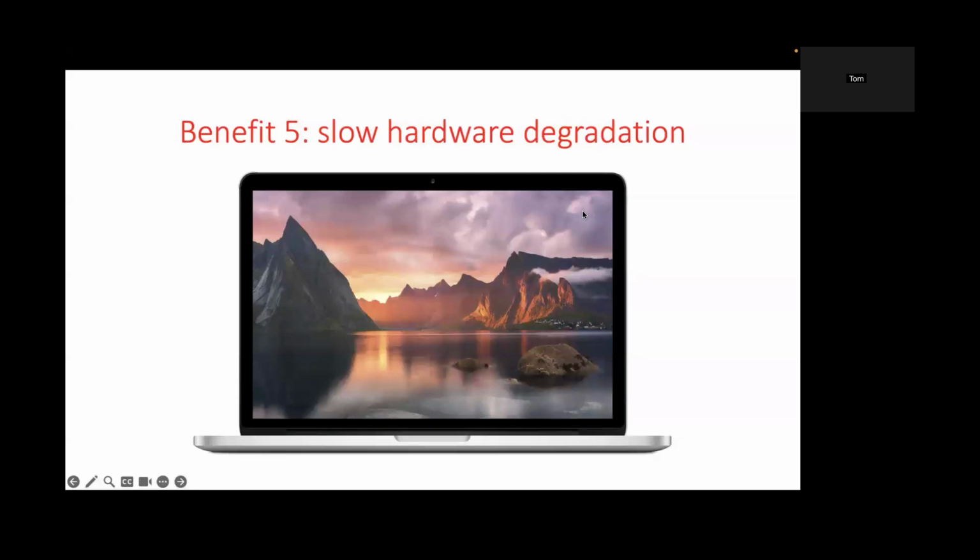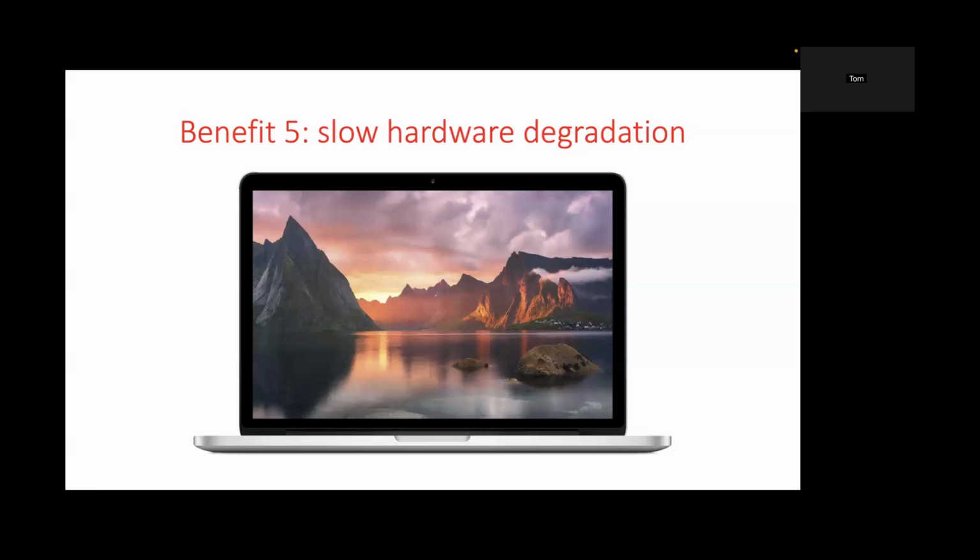The fifth benefit is that you're going to slow the effect of hardware degradation. Now, if you have a room full of computers, then you've spent a lot of money on those computers. They're not cheap. You want them to last as long as possible. You don't want to be replacing them every few years because they slow down. With Deep Freeze, you really diminish the impact of hardware degradation because instead of all those users, like if a computer's got 10 users over the course of a day